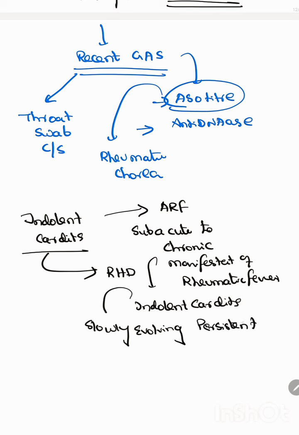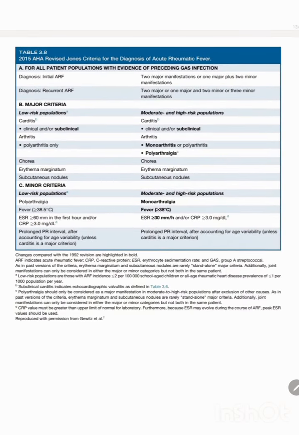It is slowly evolving and it is a persistent carditis. So next we will see about the Jones criteria. Before discussing the Jones criteria, we should know about the population against whom we are going to establish the Jones criteria. The number one population against whom we are going to establish the Jones criteria is high risk and low